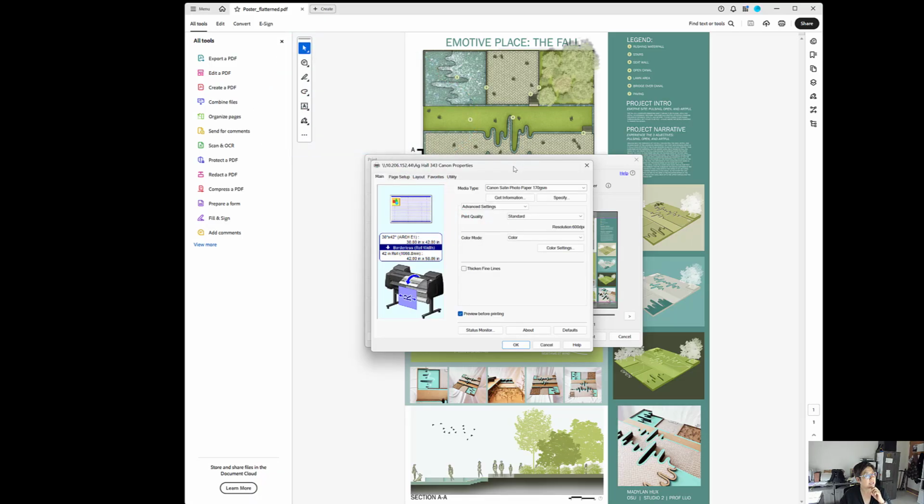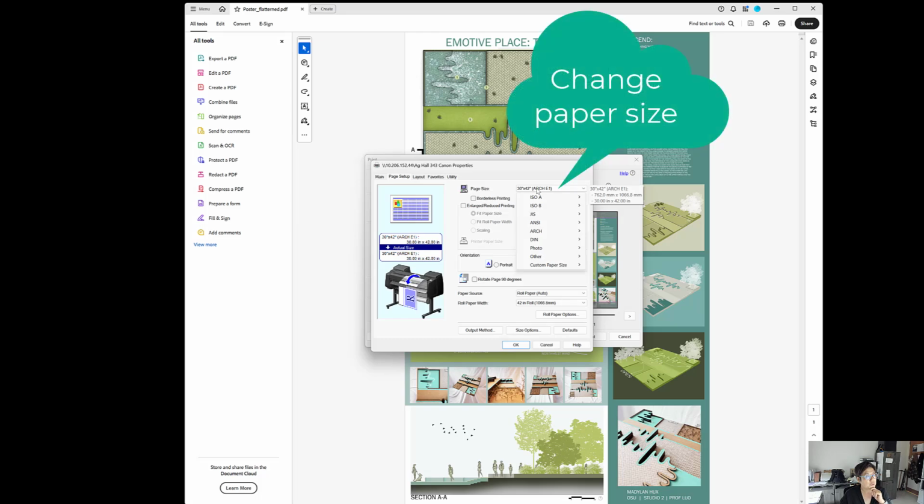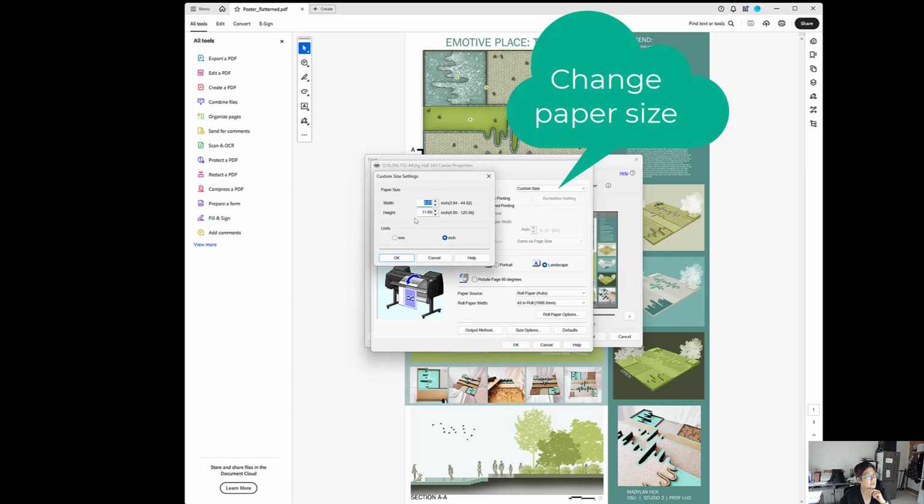And then you're going to click on the page setup tab. Here's something very, very important. You're going to uncheck borderless printing. Okay, uncheck borderless printing. This is really important. Next, you can change the paper size here. So go to paper size, go down to custom paper size. And then here we're going to add 2 inches to the length and the width of our poster. So that'll be 32 inches